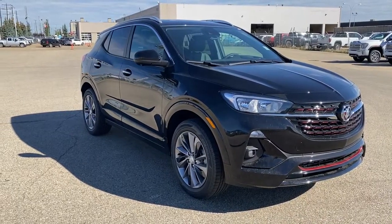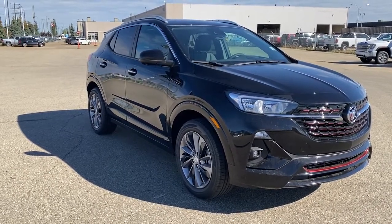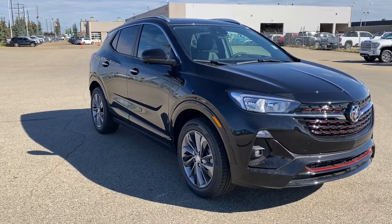So come take a look at the 2022 Buick Encore GX Select, or you can visit us online anytime, anywhere